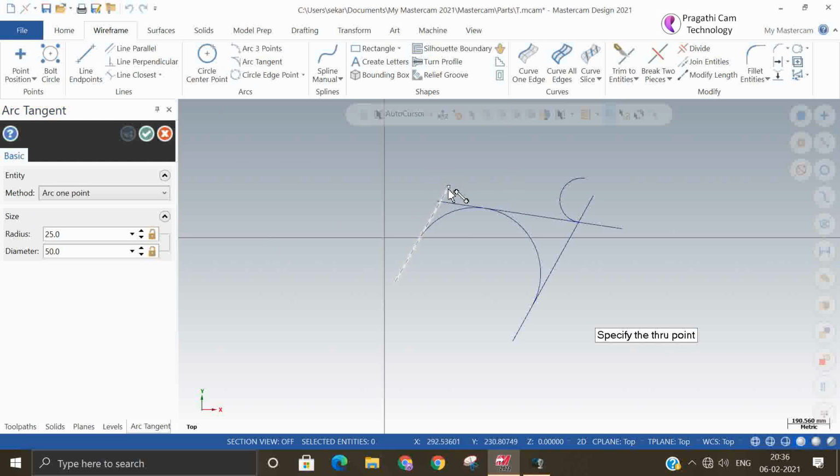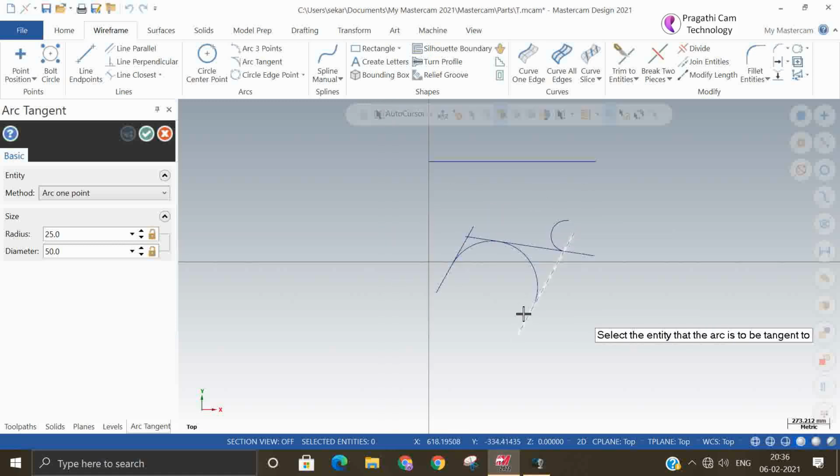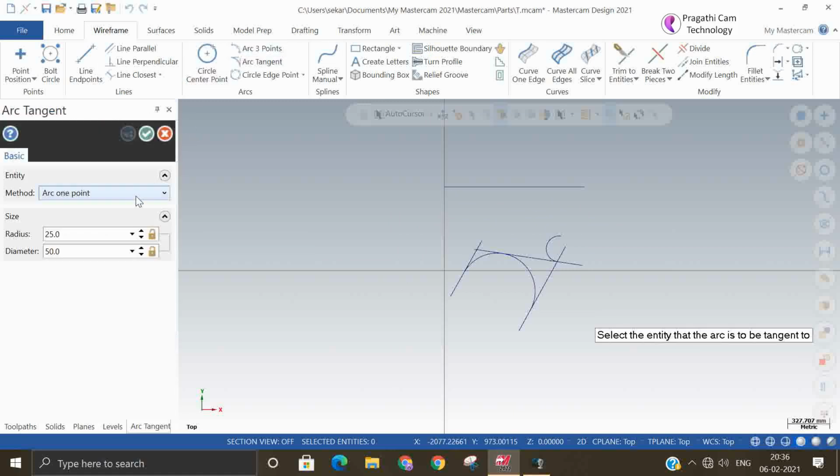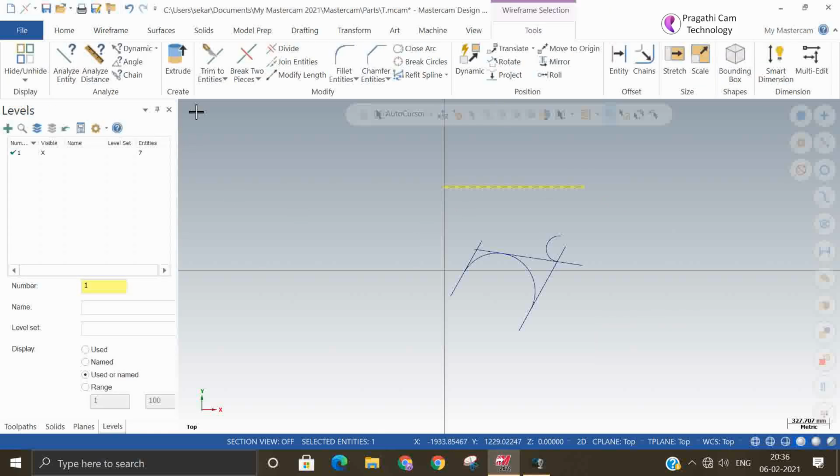This is the point. Again I am selecting arc 1 point. This is the line. This is the point, and tangent to... we'll see this. Okay, it is not coming.